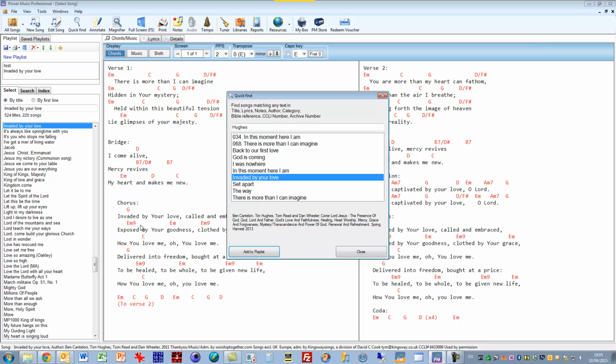So that's a very rough and ready example of how we use parts, the new sheet music editor